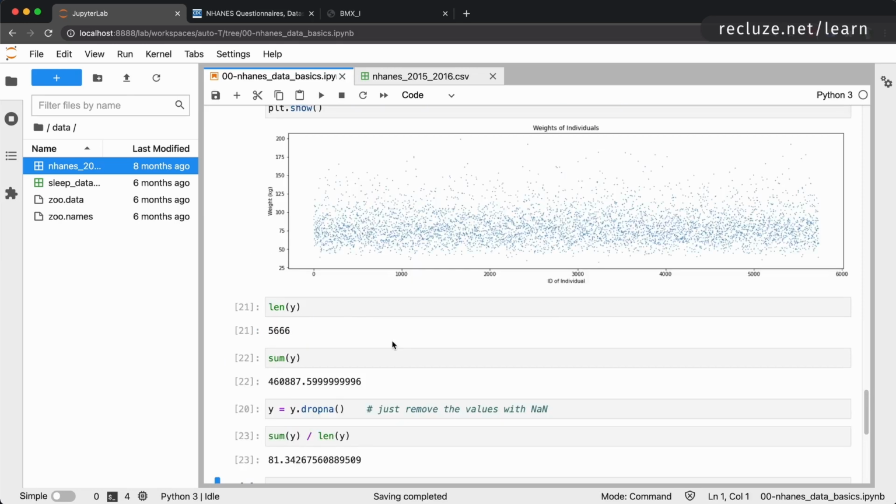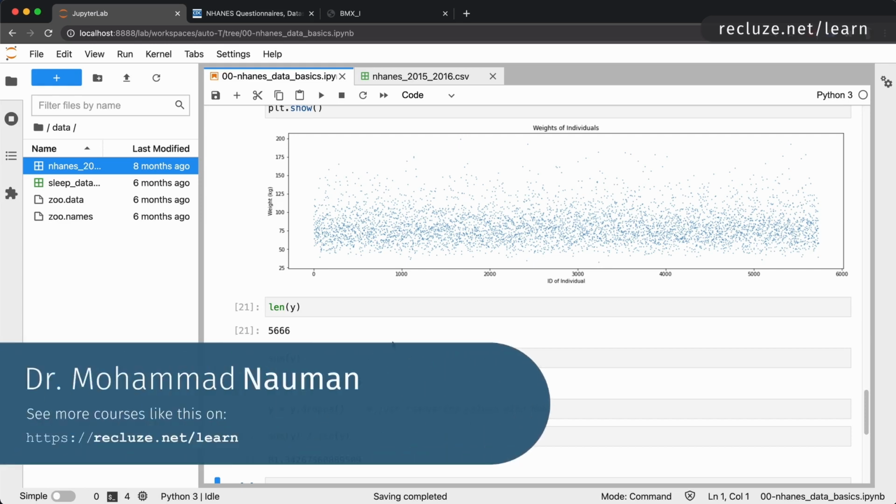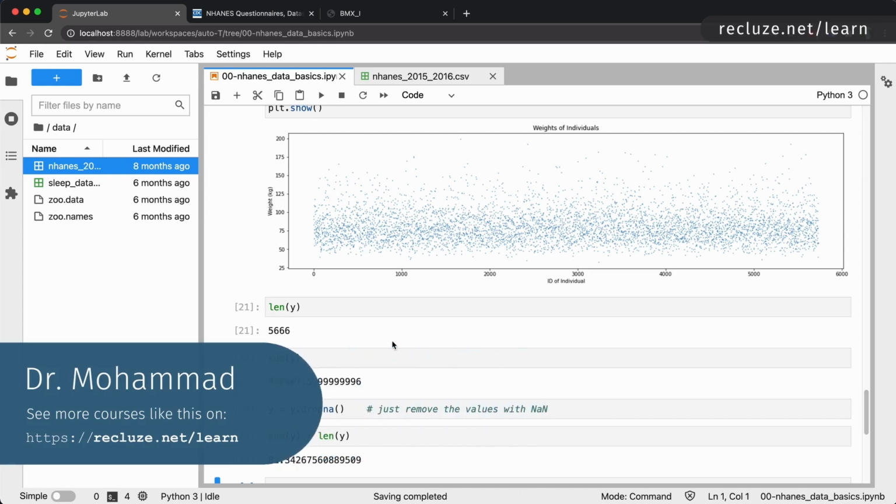So that is going to be the theme of this whole course. We are going to look at some data, we are going to go to code, work with it, get a feel of it, then go to our mathematics, try to get an intuition behind what the science is, and then come back to code and try to understand how that science applies to the real world. So in the next video, we are going to take a look at what statistics is, some of the foundational concepts, and then we are going to come back to this case study of ours and explore the enhanced dataset in further detail.